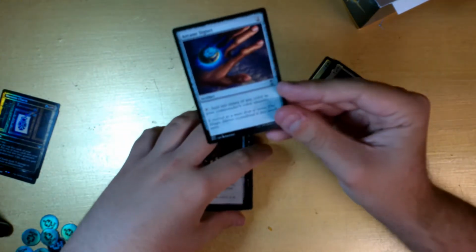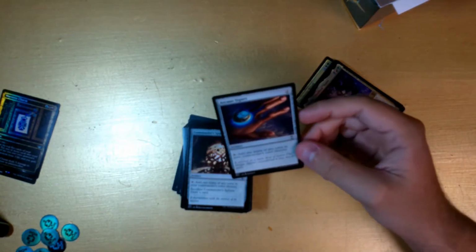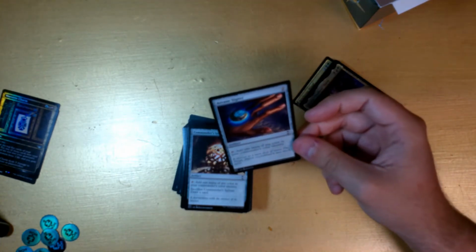Next you have Arcane Signet. This is like the Sol Ring now, where they put it in like every commander deck. But basically you pay two, it's an artifact, and you get to tap it for any mana of your commander's colors, which is basically just a free mana. This is a pretty good